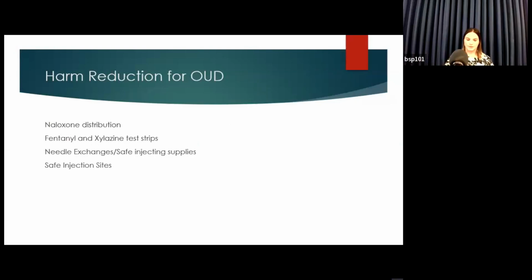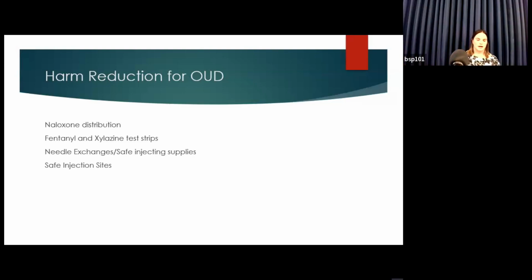So for opiate use disorder, we have a few different things in our arsenal. One is naloxone or Narcan. Every time you prescribe an opiate through Cerner, it asks you if you want to send Narcan to the pharmacy. And you probably should. I think most of us just X out the box, and that's fine too. But Narcan is a really great tool for patients to have in their homes, for friends and family to have, to act in an overdose to reverse an opiate.